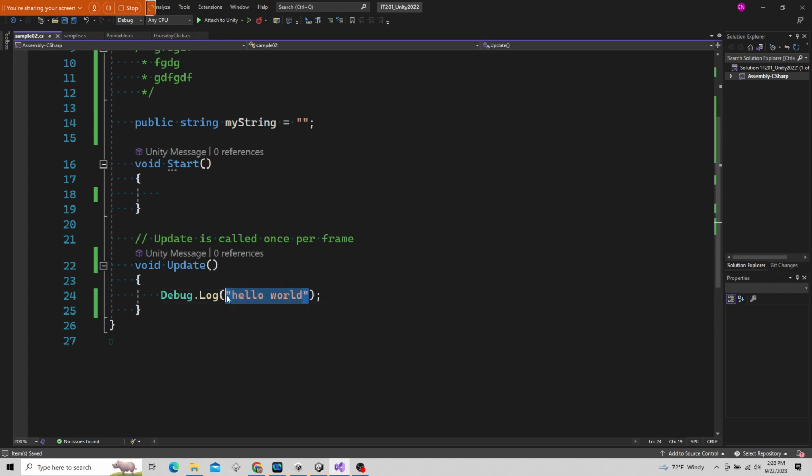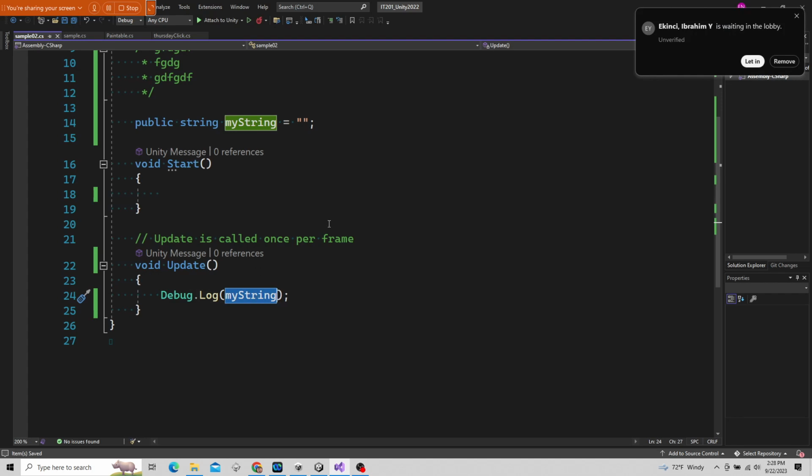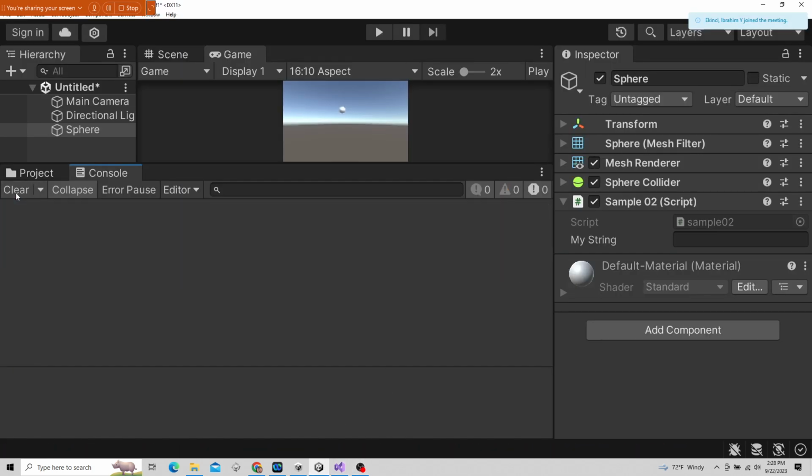And if I put it in here, I'm putting a variable into my method, not just a constant, not just a value. Now it can change. Now I get more flexibility in my code. And we're saying, hey, whatever this variable of type string evaluates to at this frame, send it to our log. And if I click play,